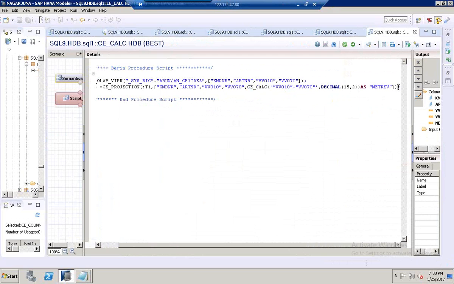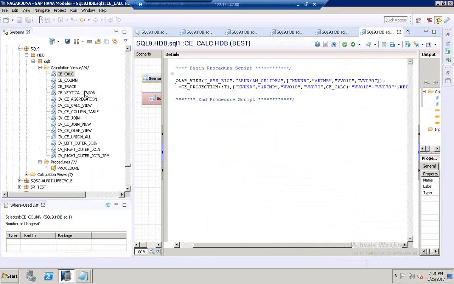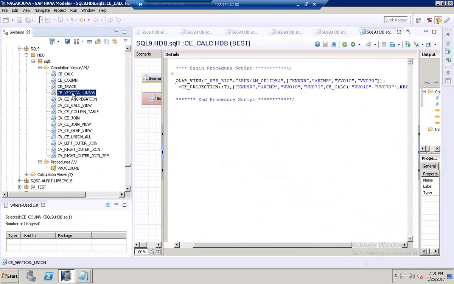So any questions until here? So here we have one question. The question is, what is the use of vertical union and what is the use of trace? Okay, so vertical union,